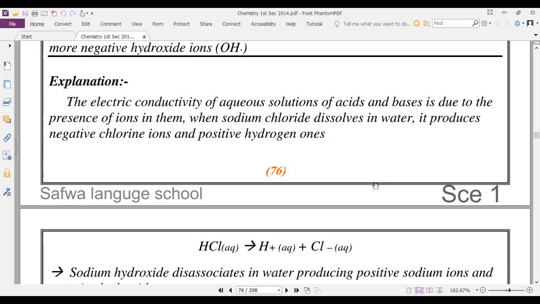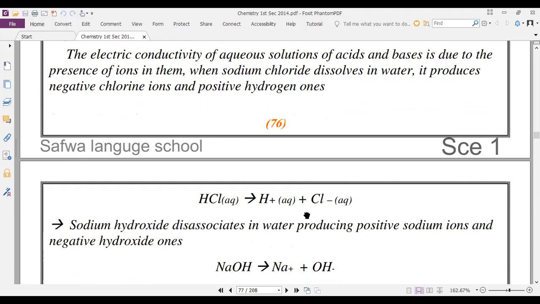It's not sodium chloride, it's hydrogen chloride. So HCl, hydrochloric acid, produces a positive hydrogen ion and a negative chloride ion. As a result of the presence of the positive hydrogen ion, it's considered an acid,